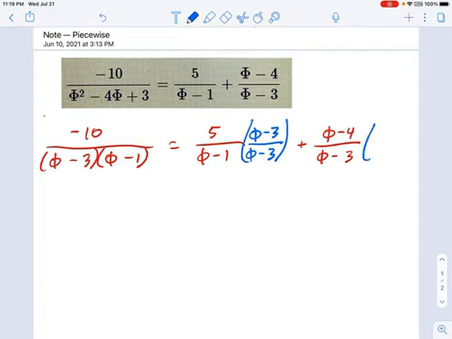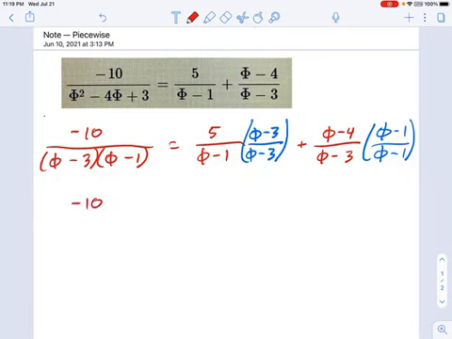And likewise, on the right, I'm going to multiply this one by phi minus 1. Okay, it's another crazy 1. And I think by the time we carry this all through, I know we'll have common denominators, because now look, everything has phi minus 1, phi minus 3. Okay, so what do we have here?